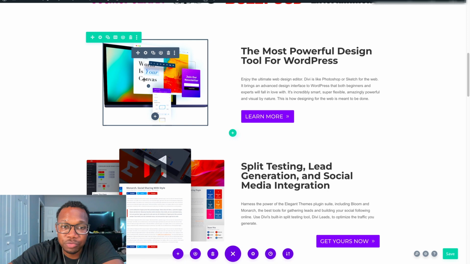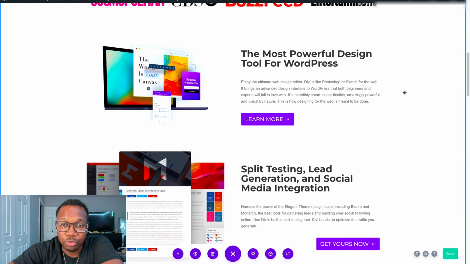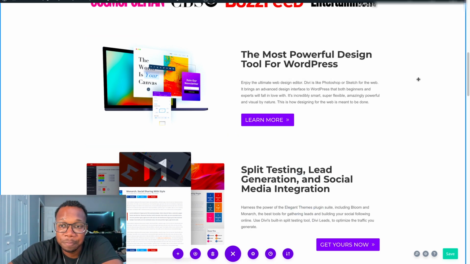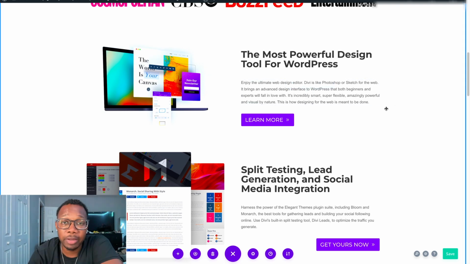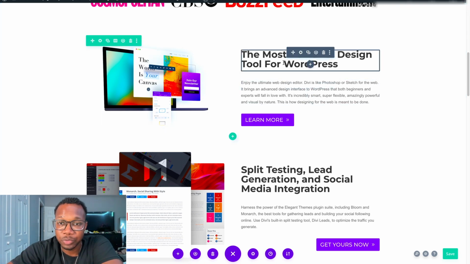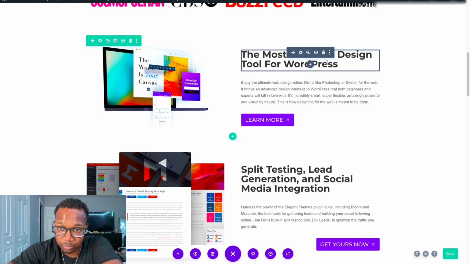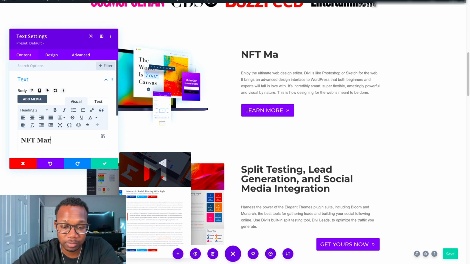And this right here, if you just basically have a single page website and you're only selling one product, or maybe you might be selling two products, right? Because I got two of these right here. If you're just selling one or two products, for those who don't have a crazy marketplace or nothing like that, that's what this is for. You can simply just change this title just like this and change it to anything you want. Actually, we'll just go ahead and change this like this. Triple tap it and you can put NFT